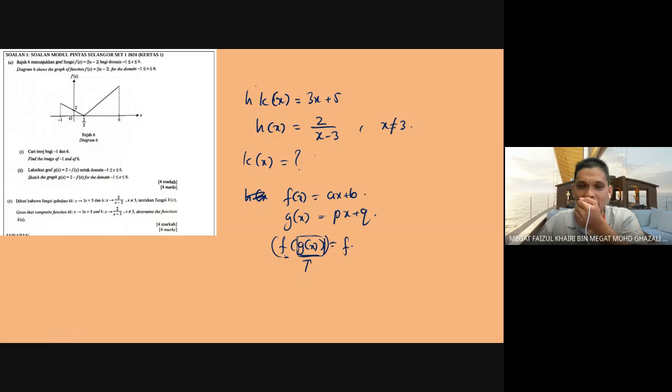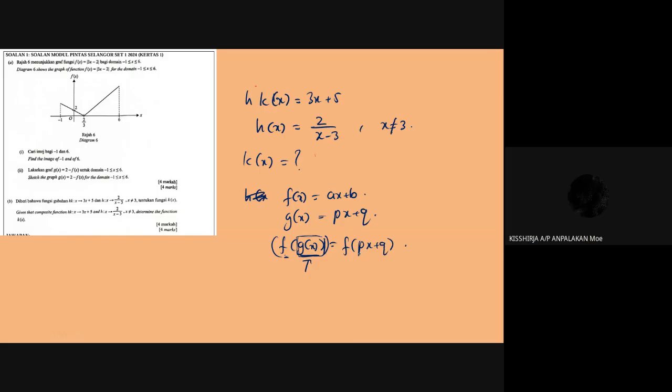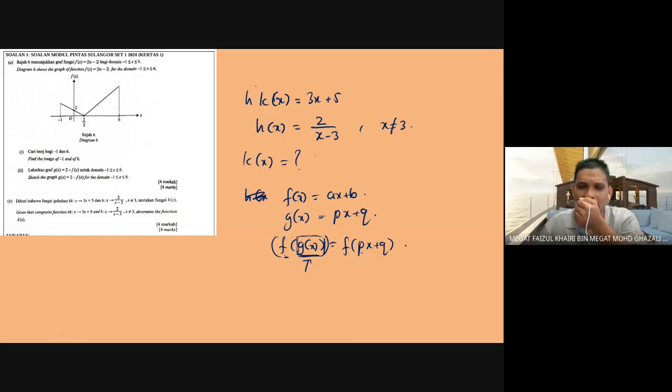So when we have this f(g(x)) equal to px plus q. What did I say just now? g(x) is the same as px plus q. Okay, so the process is we substitute the whole function of g(x), which is px plus q, into